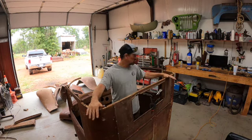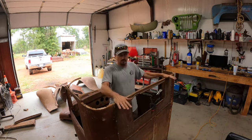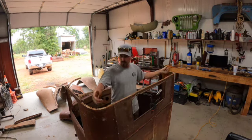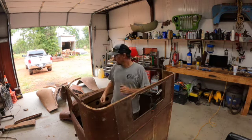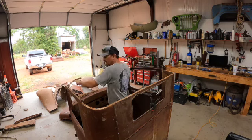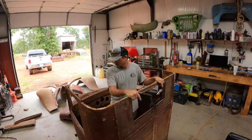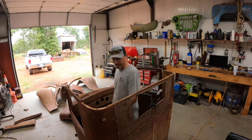And so we want all this strong. I don't want it going down the road doing this number. Then we'll set the roof back on here. We'll bolt it down here, and then we'll work on bolting it to the A-pillars. And then once we have that done, then we can start working on floor supports. So now I got to get out